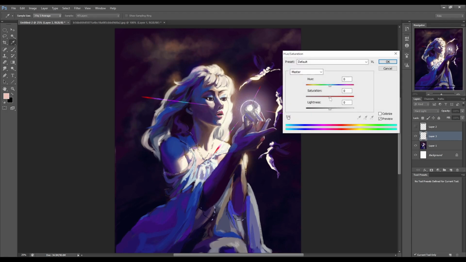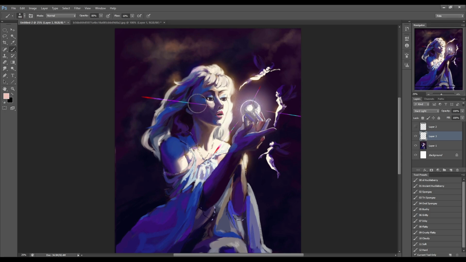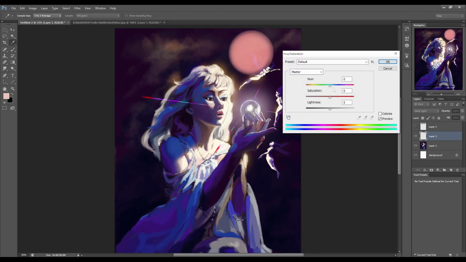Yeah, this is the hue saturation. With hue saturation, if you have a layer that's more or less one color, let me make a super exaggerated version here. We've just got a color swatch. We can swap the hue, we can turn the saturation up and down, and we can turn the lightness up and down. And when it's under a blending mode like hard light, we actually see the ways in which the blending is different depending on these different settings.